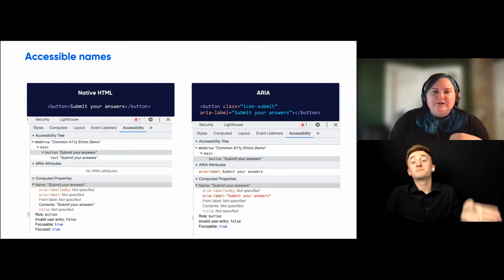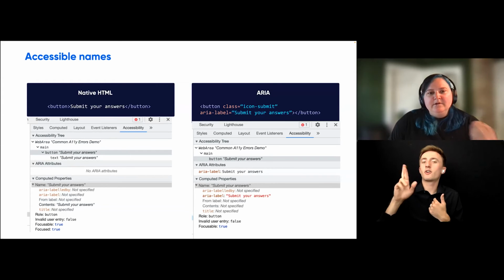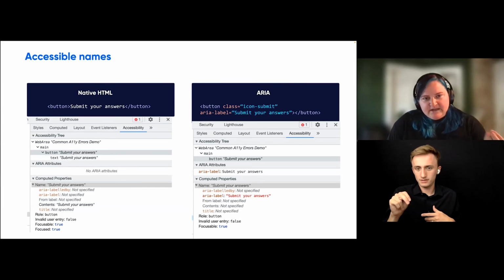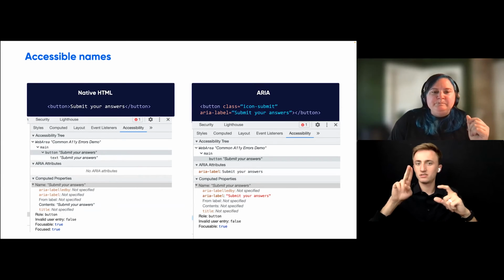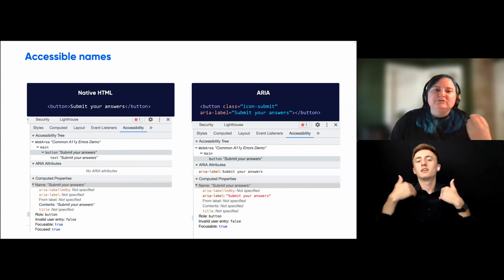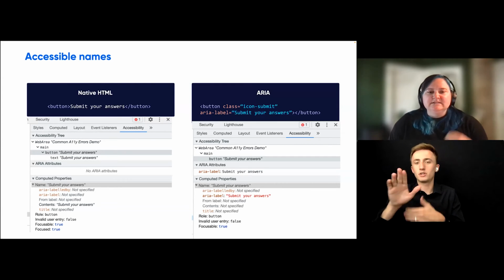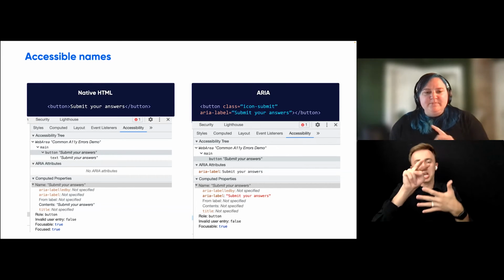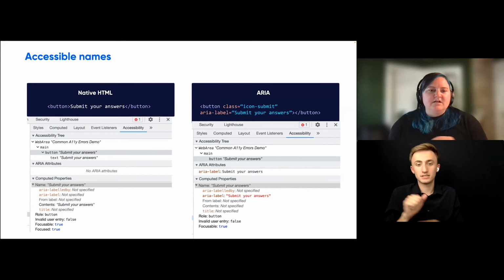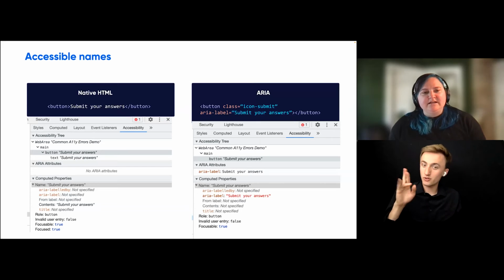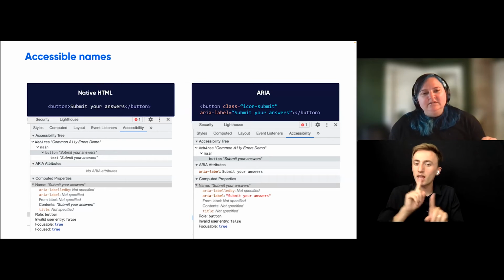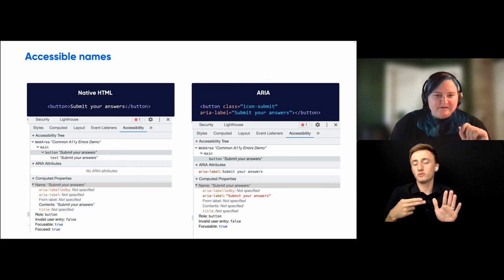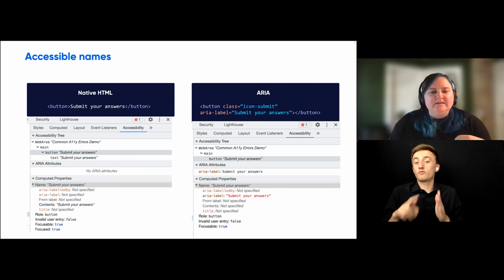Second example on the same screen here, we have the ARIA implementation of an accessible name. So we have a button element again. This is an icon button. Icon of submit is a class, so I would assume that. We have an ARIA label set to submit your answers, and no HTML text is inside this button. So again, I look down into my accessibility tree. We see button, submit your answers. We see there's an ARIA attribute. ARIA label is set to submit your answers. And that accessible name calculation is submit your answers and is coming from the ARIA label. Wonderful. And the correct role is being communicated.